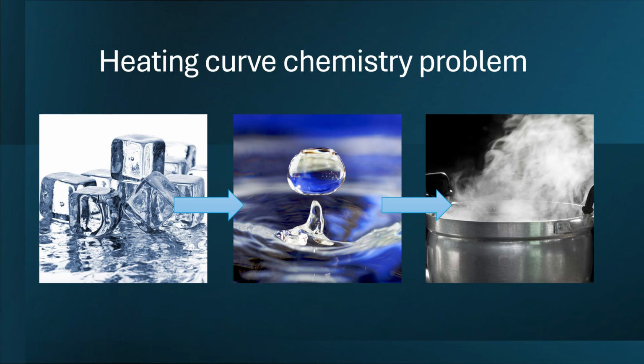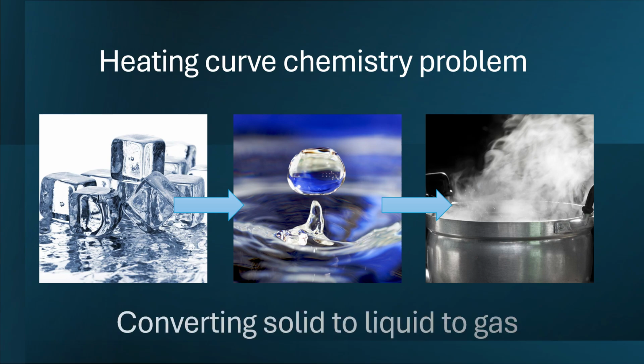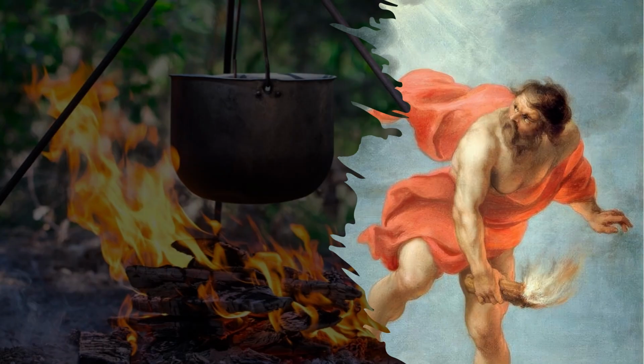Today we're going to look at our heating curve chemistry problem. This kind of problem typically involves converting from a solid to a liquid to a gas. The substance in question can be water, but it can be a variety of other substances as well. What all these problems have in common is heat must be added to our substance in order to produce a